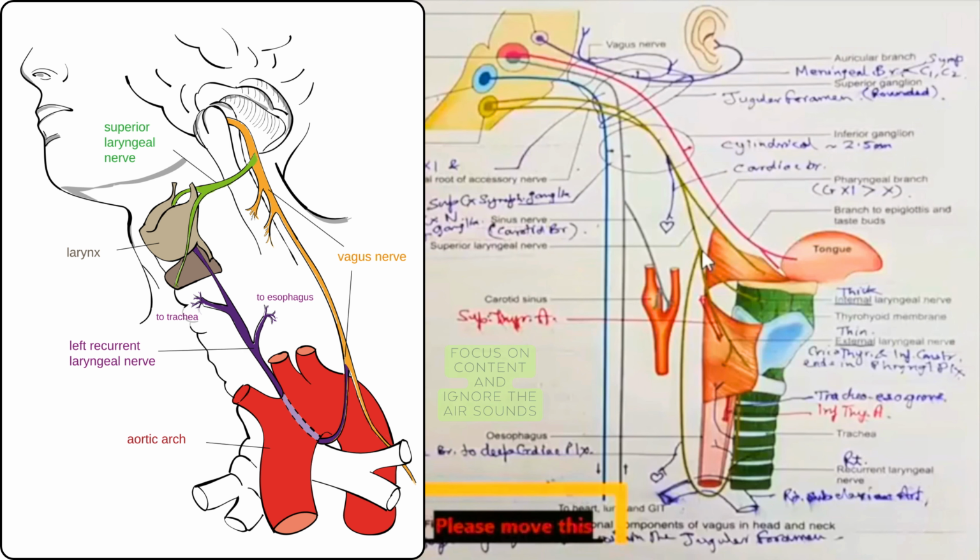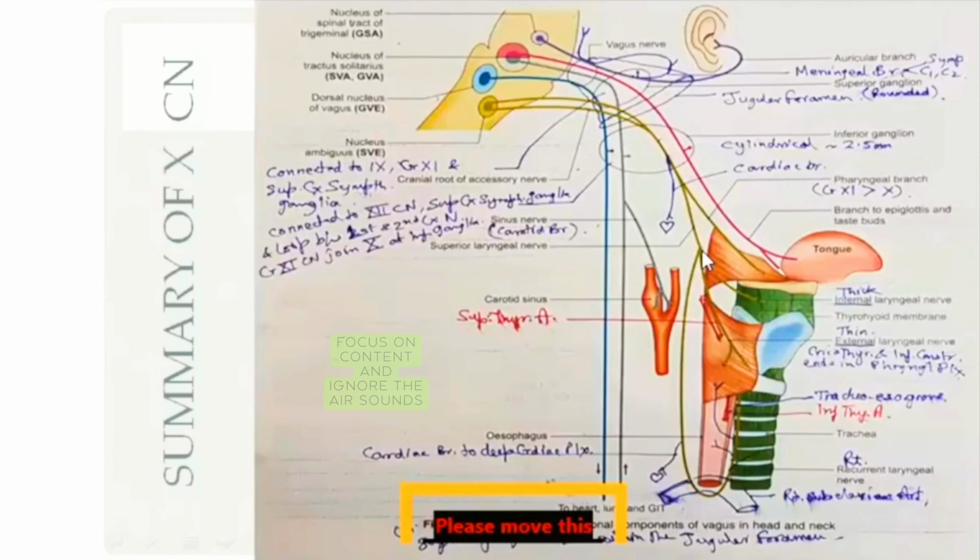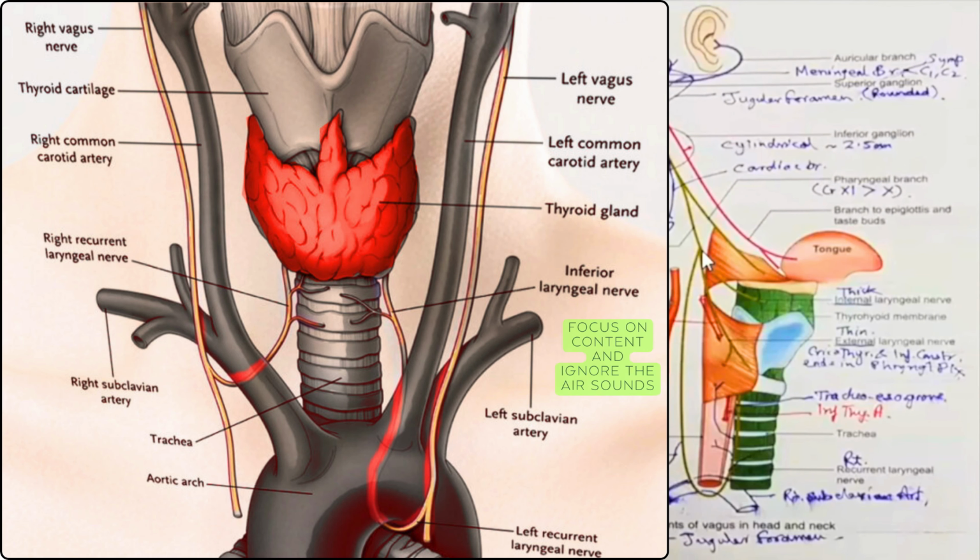Remember, the left recurrent laryngeal nerve is given out in the thoracic region, right? Let me tell you before that the recurrent laryngeal nerve is very important, and it is about the vagus. Because both the right and left vagus are contents of the carotid sheath, they ultimately have to emerge out of the carotid sheath. The right vagus will descend anterior to the first part of the subclavian and run downward immediately behind the brachiocephalic vessels,